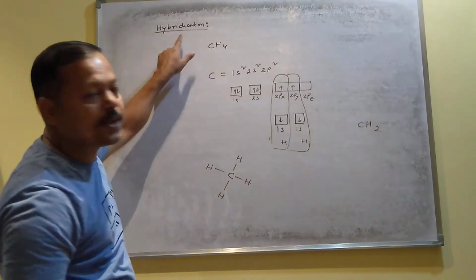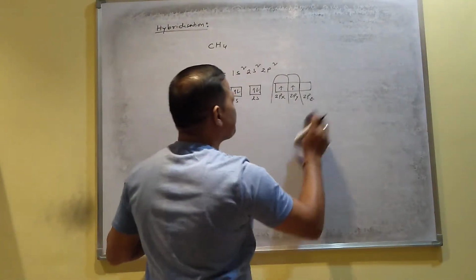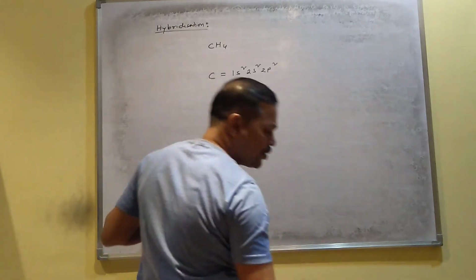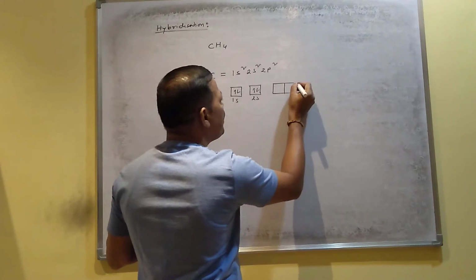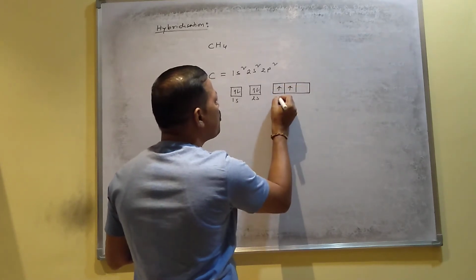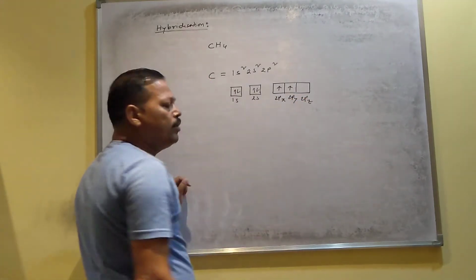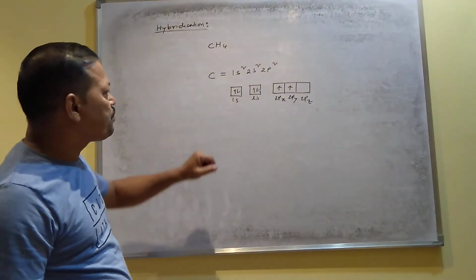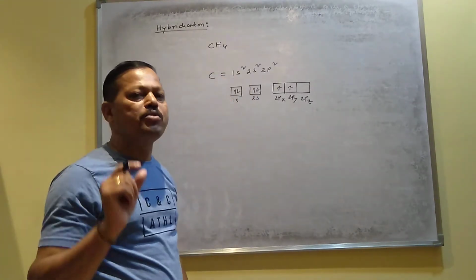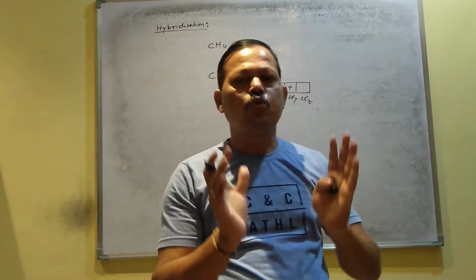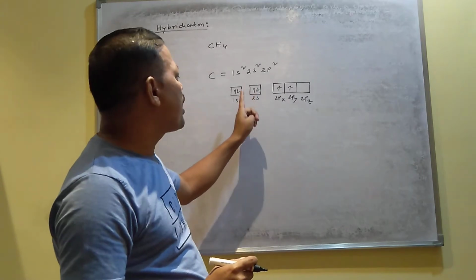And that is why a new concept comes, which is called hybridization. Now I'll tell you what hybridization is. As you know, the electronic configuration of carbon contains 2 half-filled orbitals, one is 2px and one is 2py. Valence bond theory said that this is the electronic configuration of carbon in the ground state. I mean, when carbon is alone, when carbon is in the free state, the electronic configuration remains